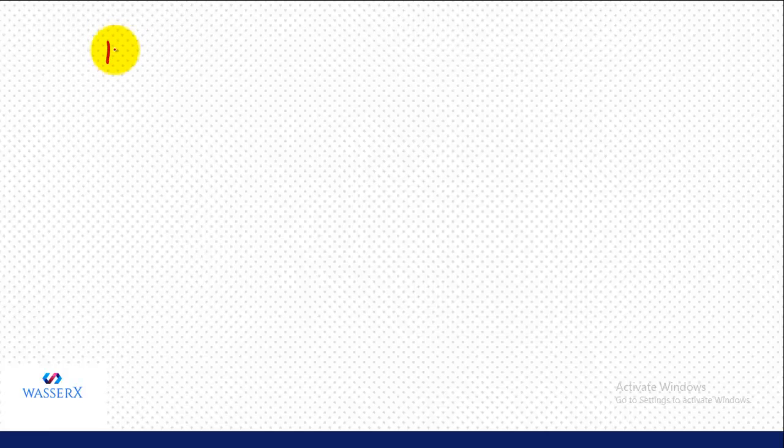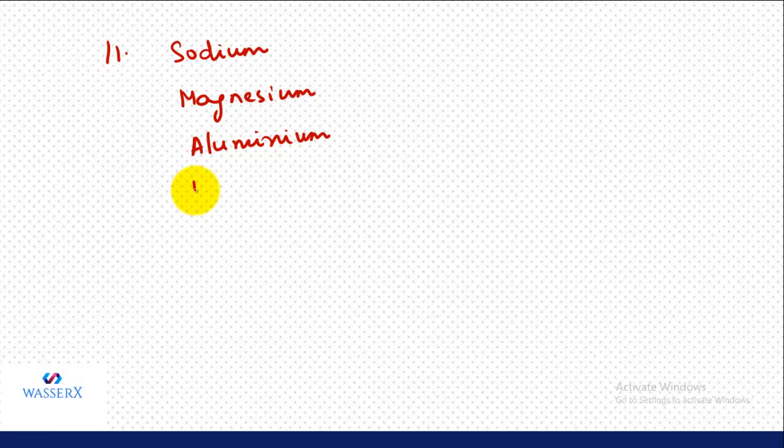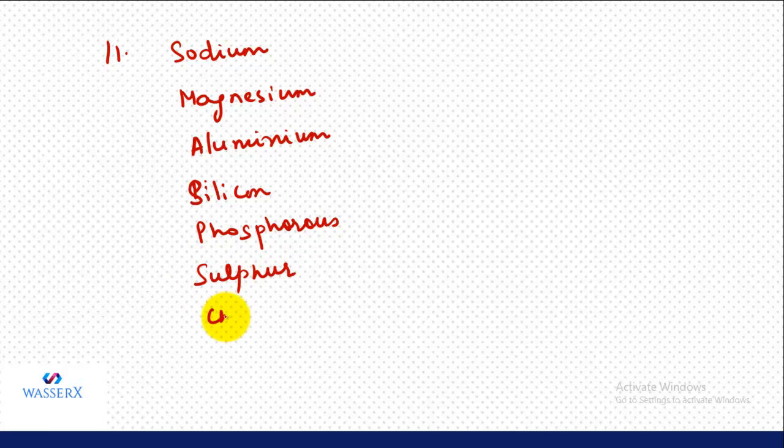So the 11th one is sodium. 12th is magnesium. And 13 is aluminium. And 14 we have is silicon. 15 is phosphorus. And 16 we have is sulfur. 17 is chlorine. 18 is argon. 19 is potassium. And 20th is